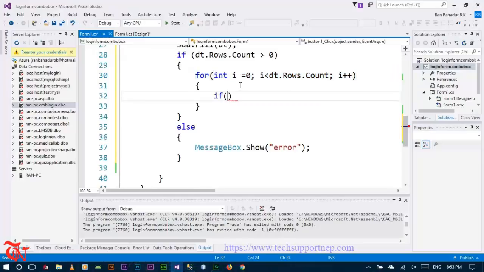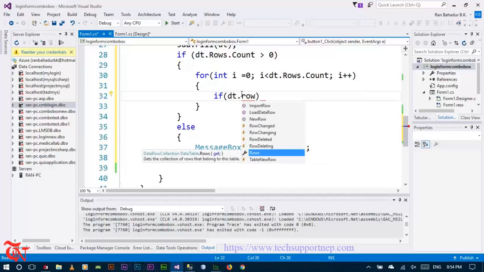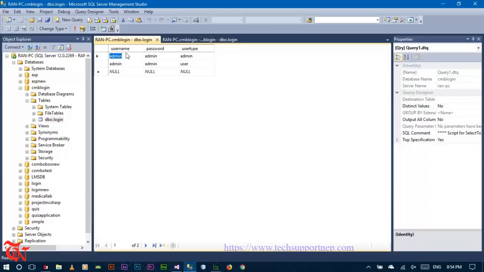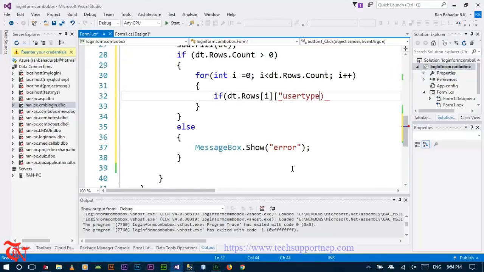And again, if dt dot rows, I am going to pass this variable as an index, and then either you can use 2, or this is index 0, this is index 1, and this is index 2, or you can use the column name user type dot to string. Everything needs to be converted to string in C#, is equal to